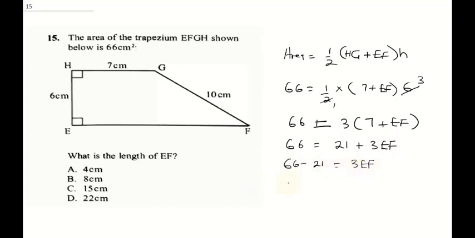So 66 minus 21, 6 minus 1 is going to give us 5, so that's 45 is equal to 3EF. So EF is going to be 45 divided by 3, and that's going to give us what? 15 cm. And as easy as that, you can attempt this question. So the correct answer is this, and I'm going to circle my, oh, this is wrong. So the correct answer here is